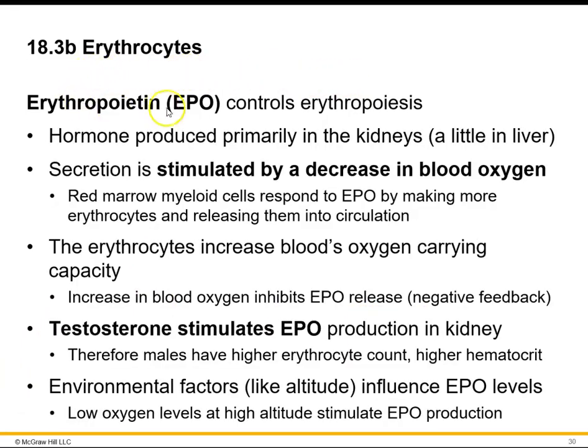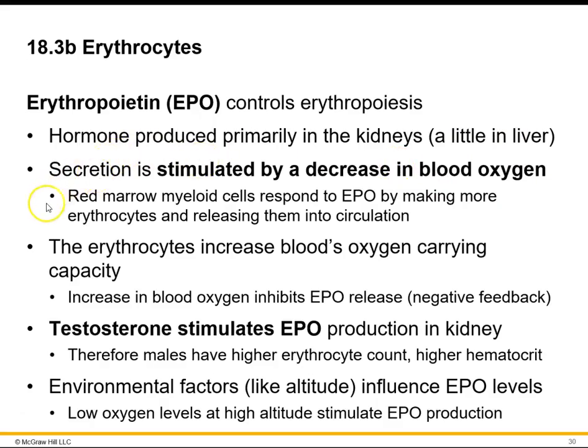All right, erythropoietin, a little bit more about it. It's also called EPO, and remember, it controls erythropoiesis, or the development of red blood cells. EPO is primarily produced in the kidneys. There's a little bit that's made in the liver, and it's going to be secreted in response to a decrease in blood oxygen levels. So what happens is you're going to have a drop in your blood oxygen levels, and then those cells in the kidneys and in the liver are going to recognize that,